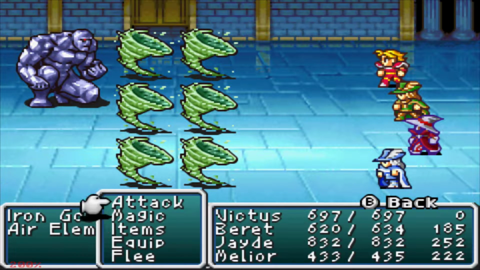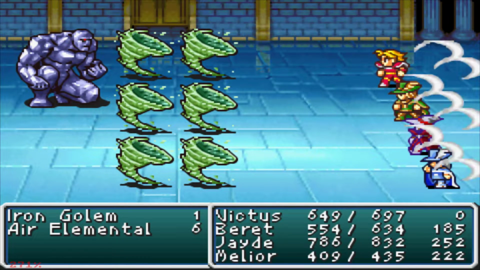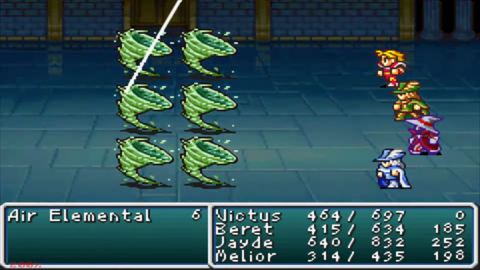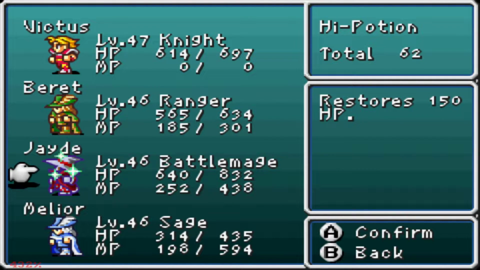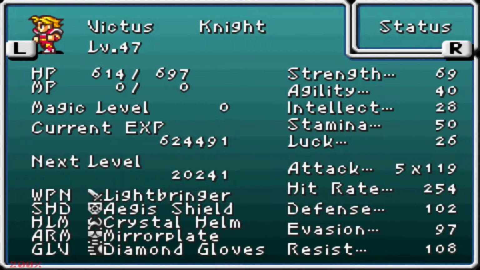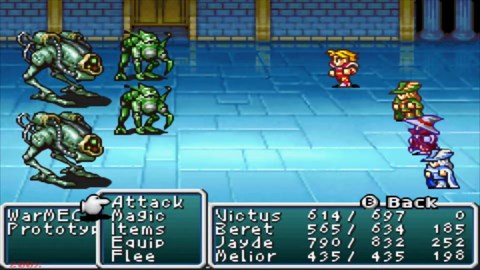Why am I being cheap? Why would I be cheap here? Use your MP to make sure you don't die to 50 arrows. It just does too much damage to just ignore. Also, those iron golems usually were very difficult to kill. They're pretty high defense enemies that, I guess, are just no match for the Lightbringer, basically. So, of course, we're going to go...